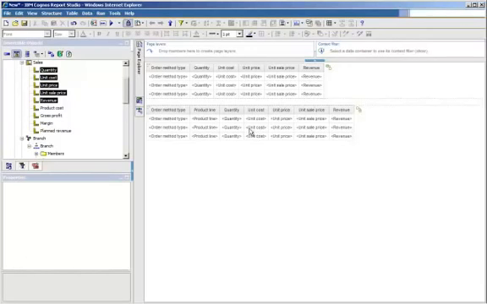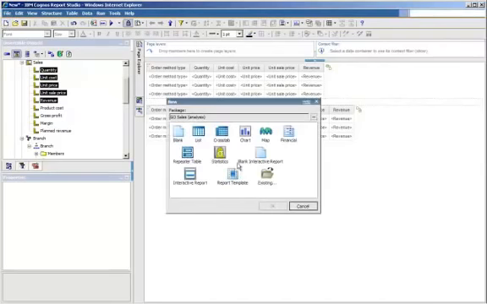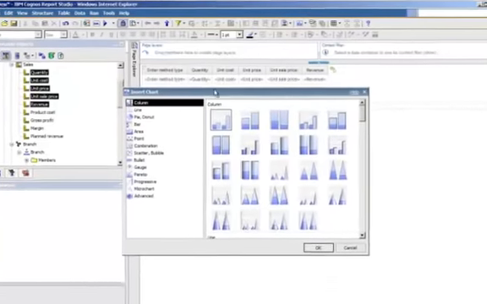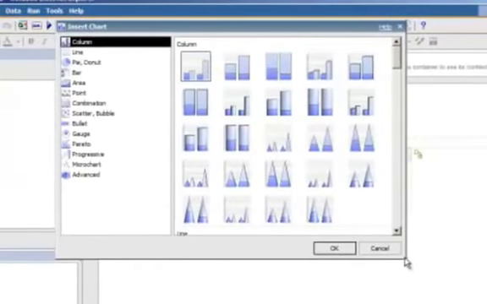Next, I want to look at some of the new charting features available within Report Studio. So I'll do a new report once again, and I'll choose Chart as my option. If you watched our Business Insight Advanced video, you've seen these charts already. But if you're new to Cognos 10, these are entirely new charts. Cognos actually has adopted a new charting engine, which now allows them to do more advanced charting than they were